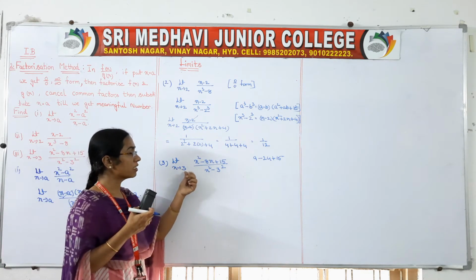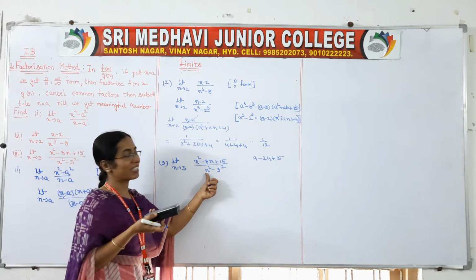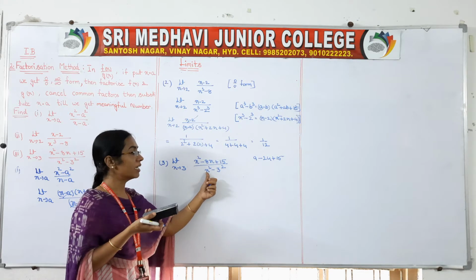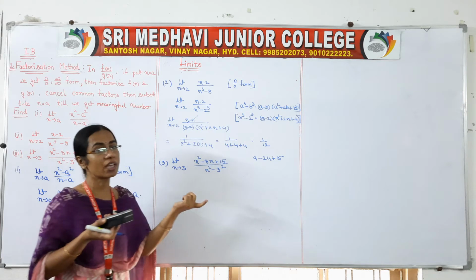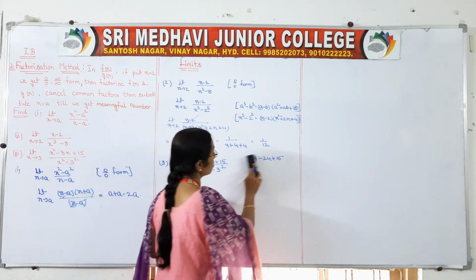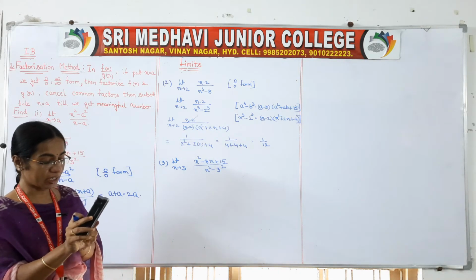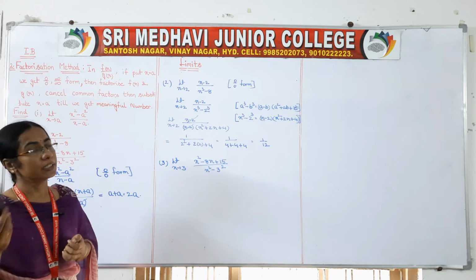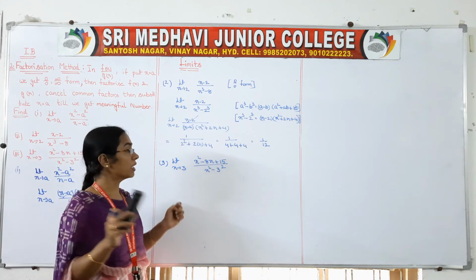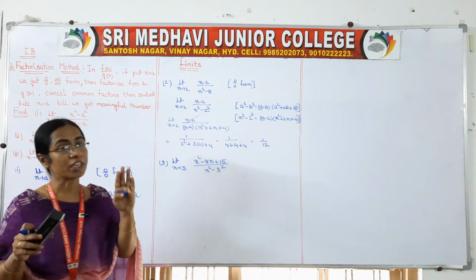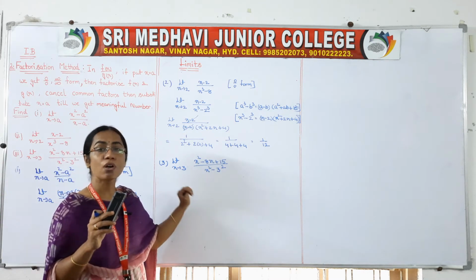So if we substitute x is equal to 3 in f of x, it is 0, and in g of x, x square minus 3 square, where x value is 3, 3 square minus 3 square is 0. Same thing: whenever the problem is given in the form of f of x by g of x, roughly check by substituting whether some finite value is coming, then you can go for substitution only. But if direct substitution gives 0 by 0 form or infinity by infinity form, we have to factorize.